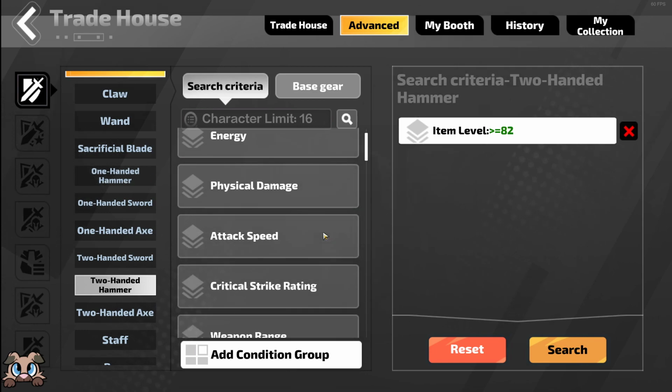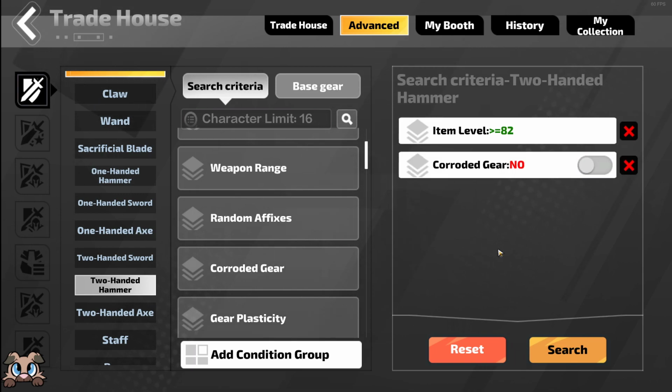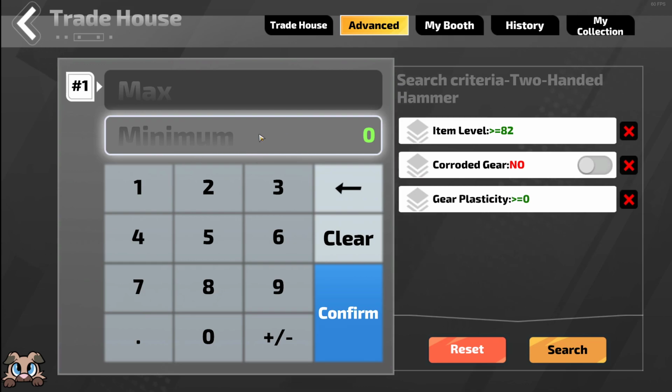The next thing we're going to do is select corroded gear and say no, we don't want corroded gear. Then we're going to select gear plasticity. Now this is very important as you are going to use this for prototype crafting. So we're going to put in the minimum 100, as most items have a minimum of 100. Now it can be a higher value,